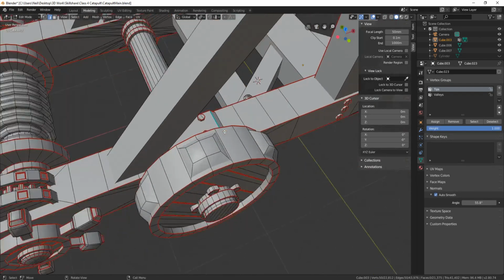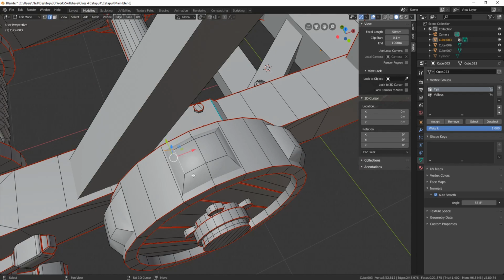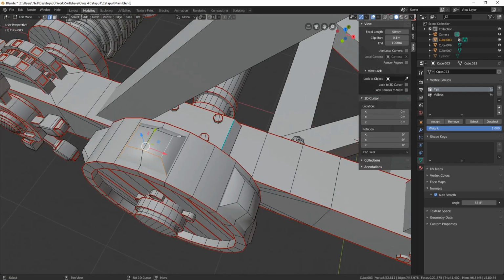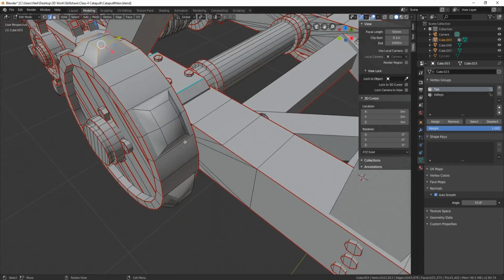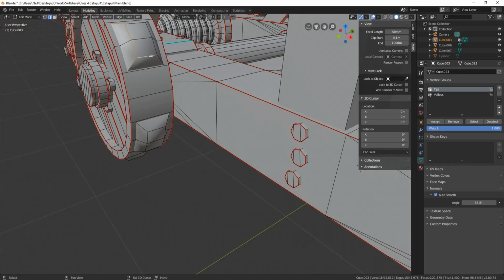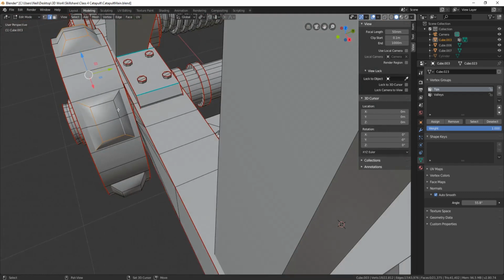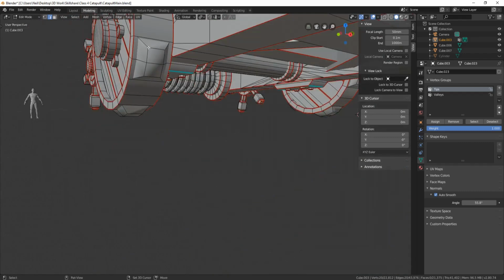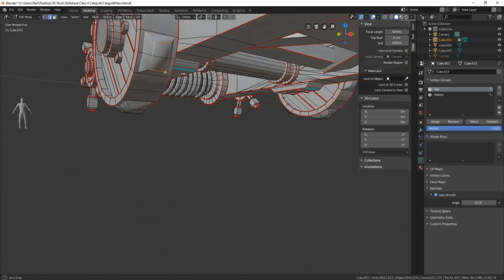So we want to keep the mesh all together. We want to keep the bones all together, because when we do take it through, or if we did take it through to a games engine, it's much easier if the bones are all together. If the bones are all split up, it's a lot harder to actually export it and get all the bones working, I find, in the games engine. So I suggest you do it the same way as I'm going to do it, as I will show you,